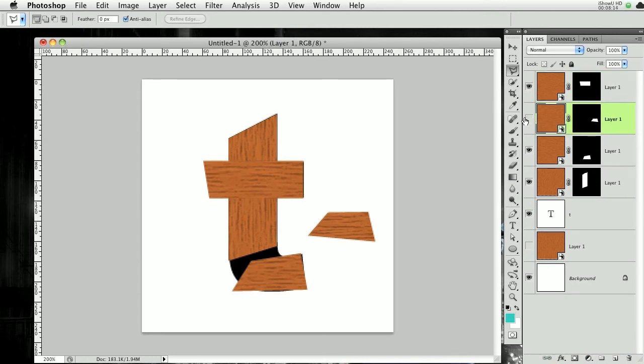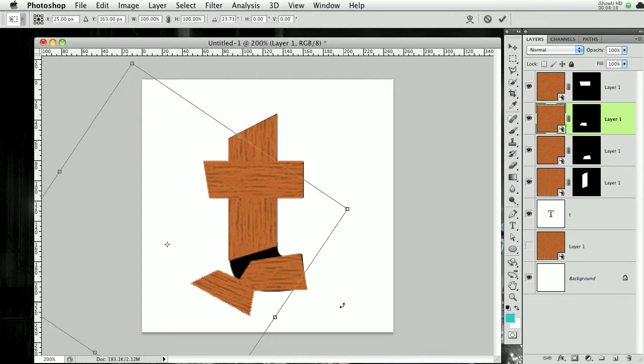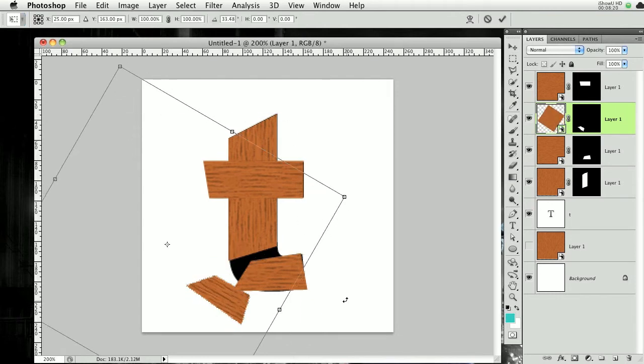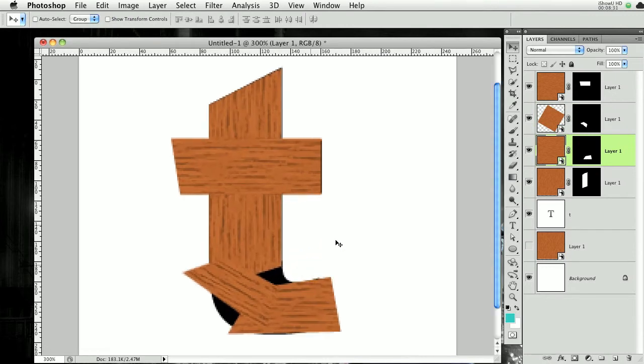Alright, so let's move this piece into place. It's going to go about right here. Going to rotate it. Something like that. We might have to scale that up a bit, but we'll see. This one I'm going to drag out to about here. And like I said, this one's a little bit too thin, so I'm going to